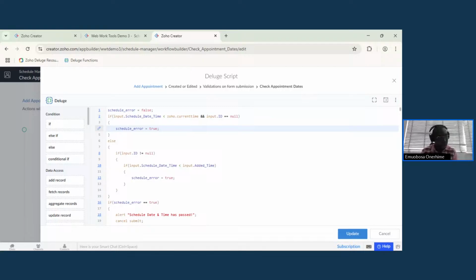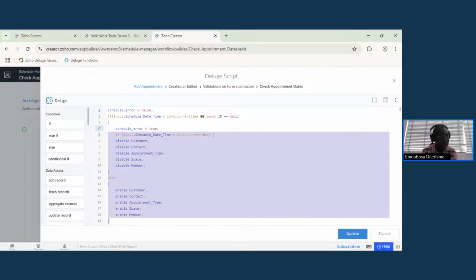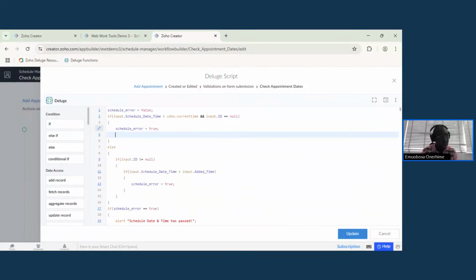If the scheduled date has passed, while we have this error as true, we'll also have our own complaint. And what we're going to have as our complaint is that, yes, if this part has passed,